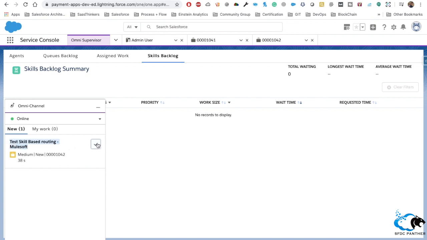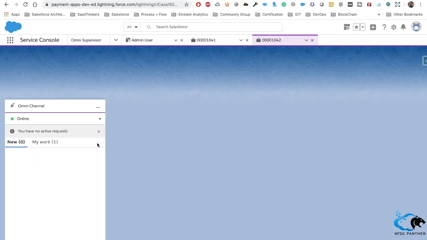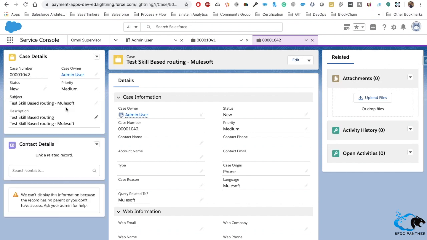So if an agent is online and you are assigning any new skill to that agent, and immediately after assigning the new skill, any work item comes in, those agents will not be getting any pop-up. The agent must go either offline, out of a break, or for a break, and once they come online, then again they will get the pop-up. So that is the key thing that I wanted to show you, because you might run into the same thing and wonder what is happening. Now let's quickly try it out with two agents.